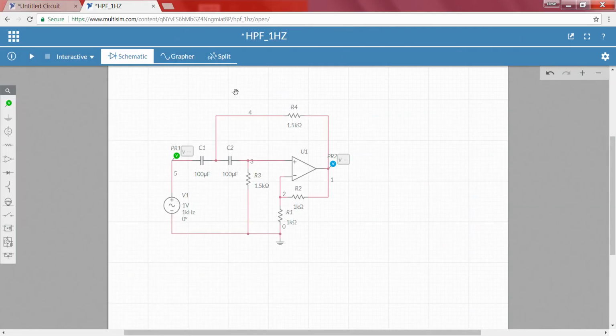So, to visualize in the frequency domain, I will change the settings from interactive to AC sweep. So, what do you mean by AC sweep? AC sweep is an internal function. What it does is that rather than you keep on changing your input frequency at particular frequencies, the system has already been pre-programmed such that the input signal frequency will start from the minimum frequency that you set to the maximum frequency that you set with intervals of some default values. It will keep on increasing the values and you can observe the output voltage at this particular point, right.